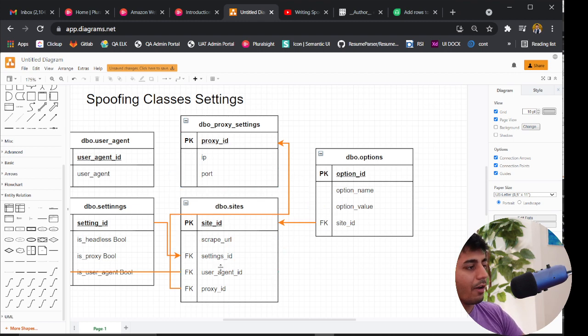Once you have the queries, then it's just easy, because now you do not have to change code. Anytime a website comes and you need a different setting, you just come and change the settings and set up a site, right? So that's essentially the idea. As I said, this is a very pseudo schema.